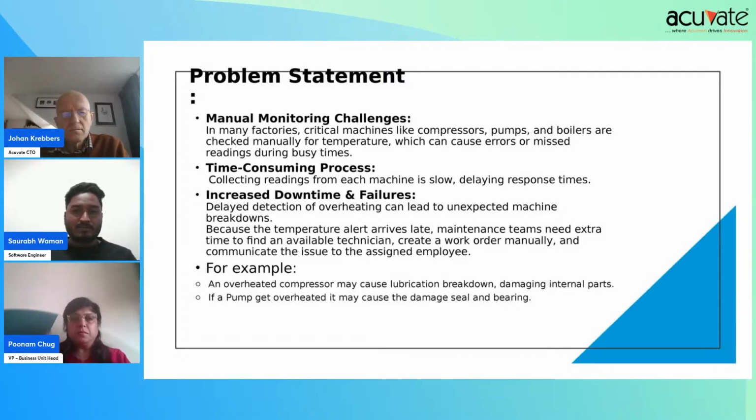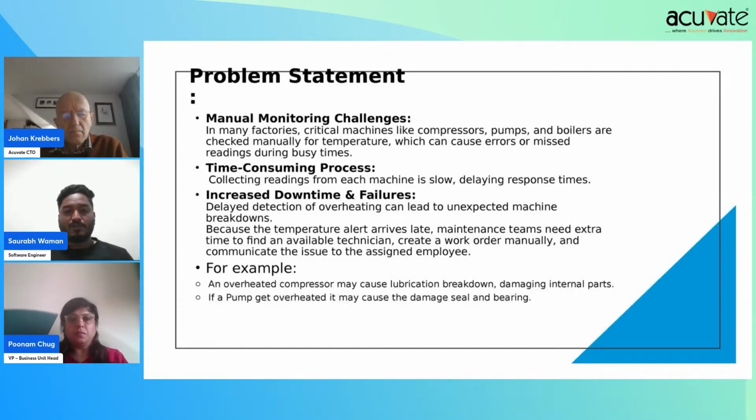And at that time, there may be causes of misreading due to the busy production hours. So due to that, delayed detection of overheating can happen. Due to that, unexpected breakdowns or production loss may also happen. And for that, if you get a late alert from the maintenance person for a particular machine,